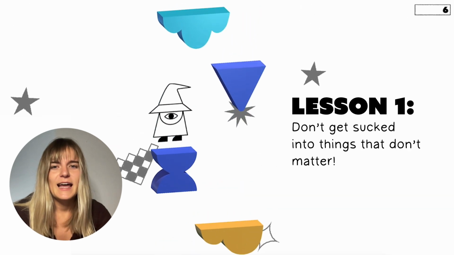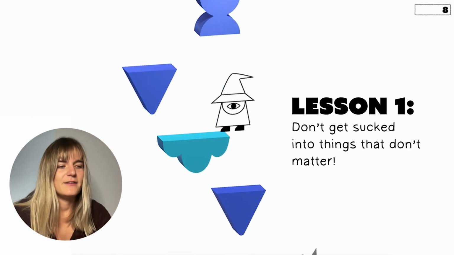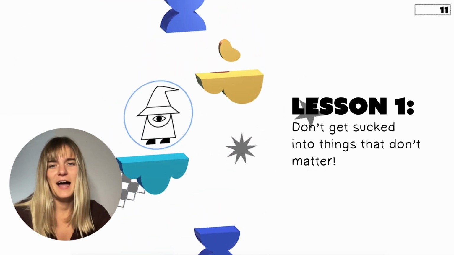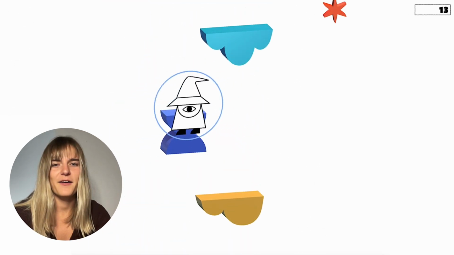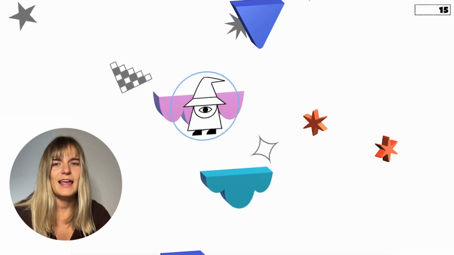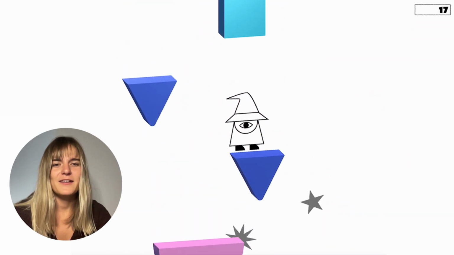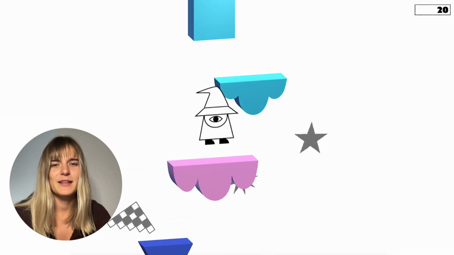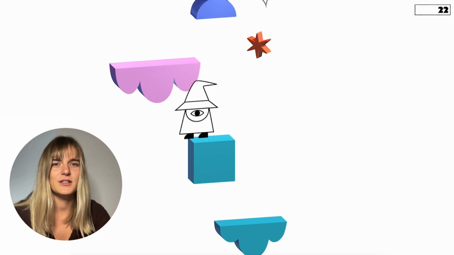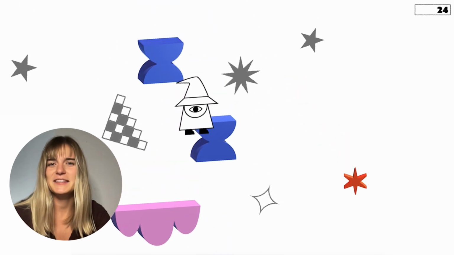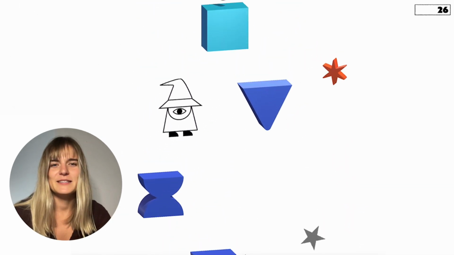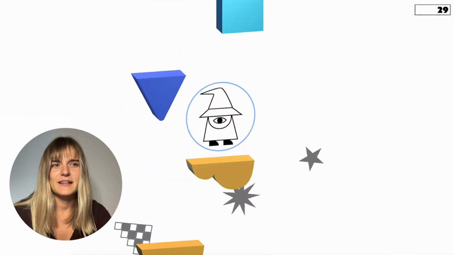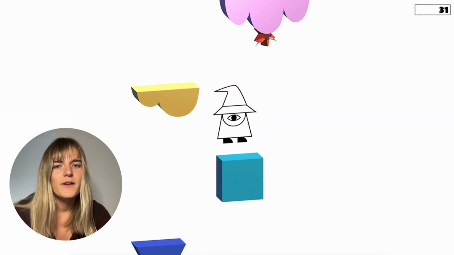The first thing is that I learned a really big lesson, which is don't get sucked into the things that don't matter. I spent a ton of time trying to get this particle system in the background to work how I wanted it to work, and that was before I had even made the functionality of my game. My game wasn't even playable, and I spent maybe 3 or 4 hours just trying to get these illustrations to float down in a way that I thought looked nice. And I think that's a mistake that a lot of beginner game devs can make, getting sucked into things that aren't necessarily crucial to the functionality of your game.